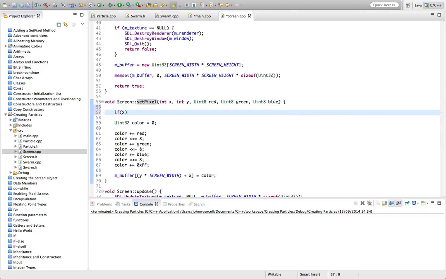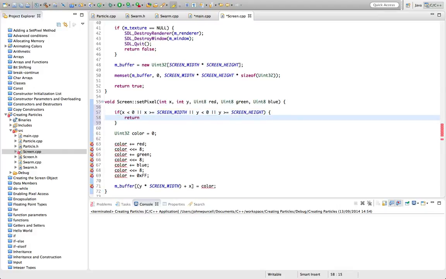Let's say if x is less than 0 or x is greater than or equal to screen width, or y is less than 0 or y is greater than or equal to screen height, then instead of plotting a pixel, we'll just return like